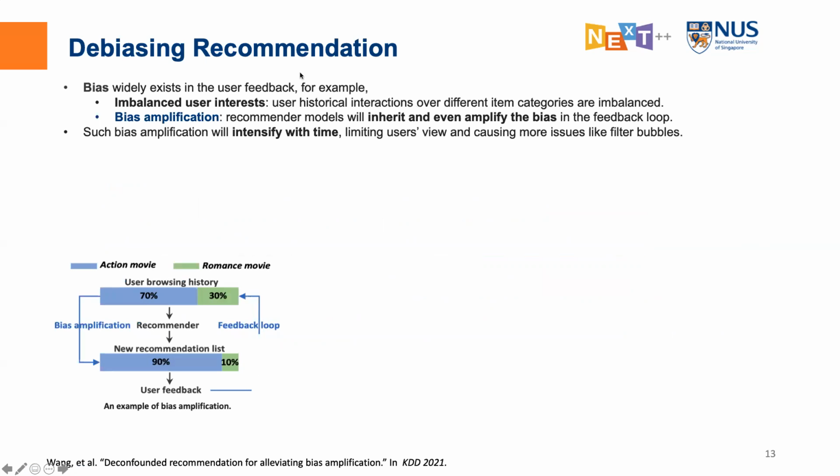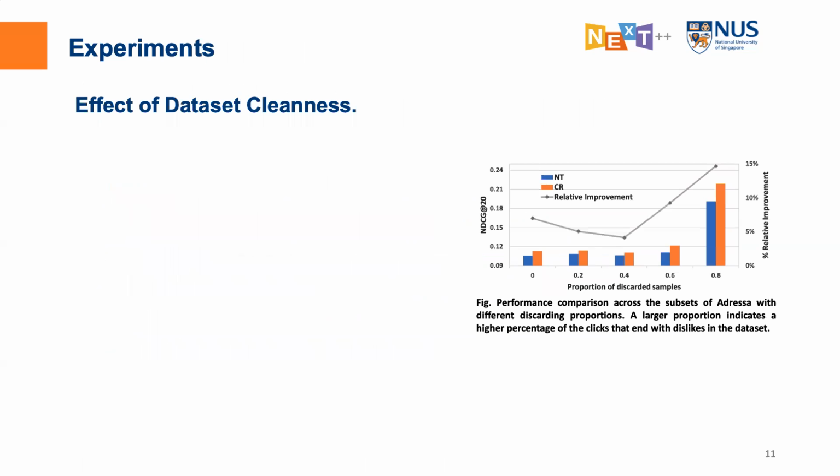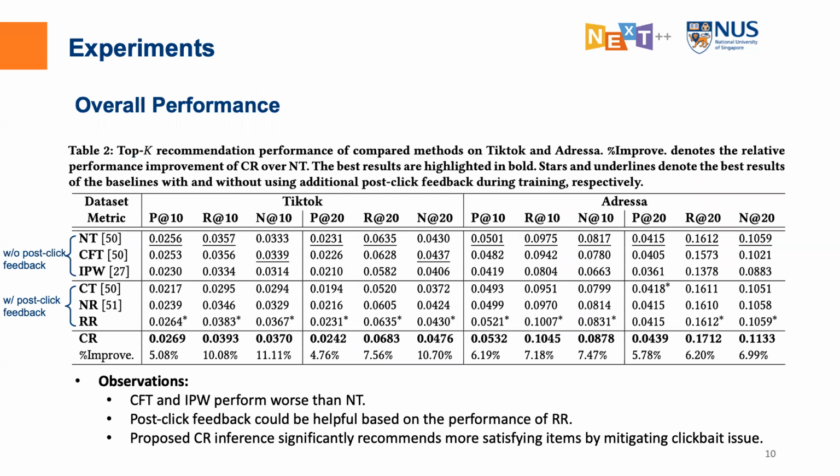Sorry, before you go into it, I have a few more questions. Would you mind going back to the results that you had? So I guess I'm interested, maybe I just didn't understand. How do you calculate precision when you don't have post-click feedback? If I understood correctly, when you don't use post-click feedback, you're just trying to predict whether someone will click on something. But when you do have post-click feedback, the precision is trying to predict whether they actually liked it once they clicked on it. Is that correct?